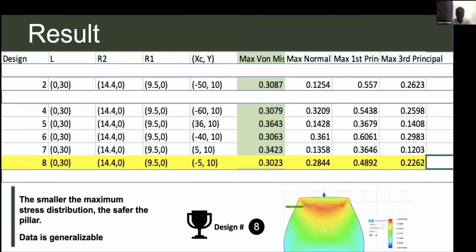Our results found that design number 8, that I designed on AutoCAD, had the smallest von Mises normal stress distribution level. When applied a load of 50 pounds upward, it came up with a stress distribution number of 0.3023, making it the safest pillar among everything I designed. Design number 1, 3, and 9